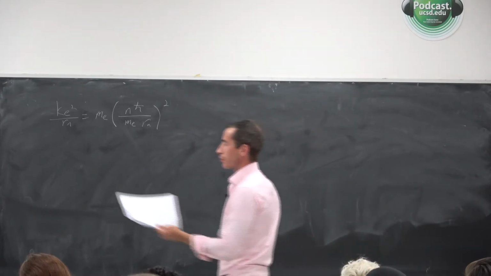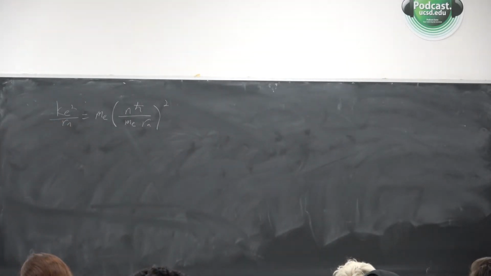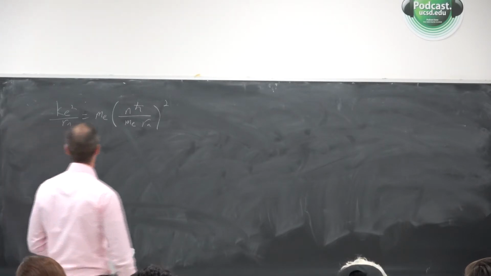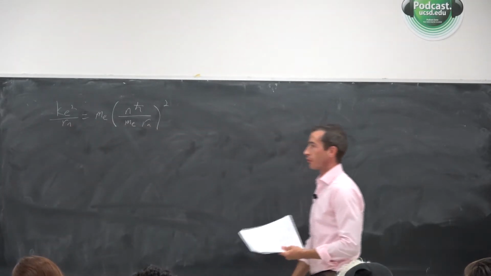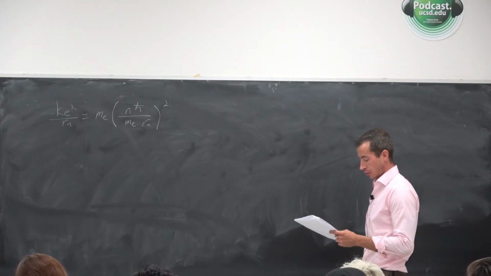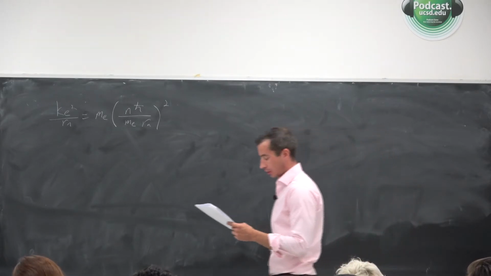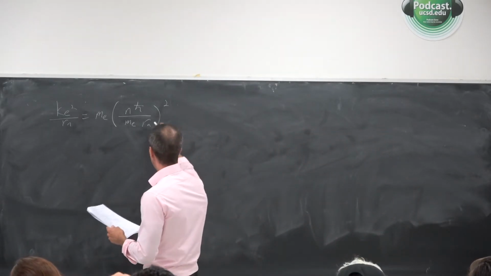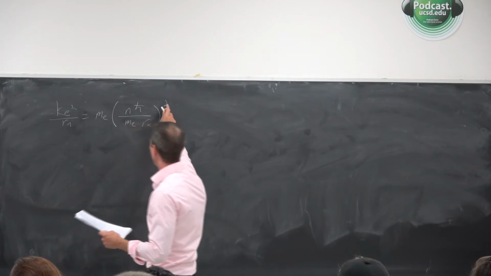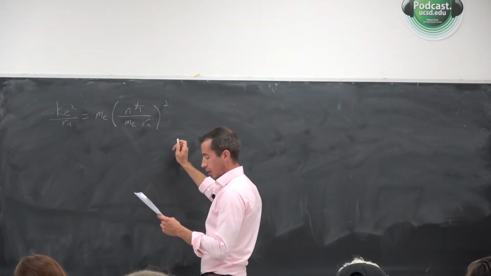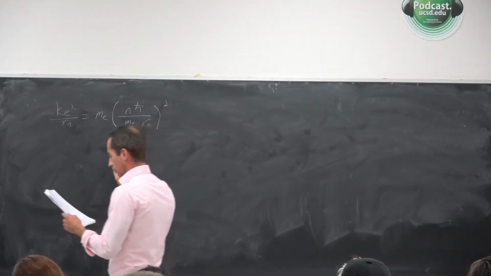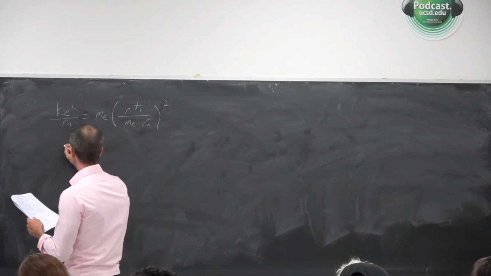Okay, so that was just our momentum-based expression that relates the momentum to Planck's constant, back into our original expression that was relating the Coulomb force to the centripetal force. Okay, so we can cancel some things out. I'm sorry, I missed, yeah, this is squared. So when you solve this,